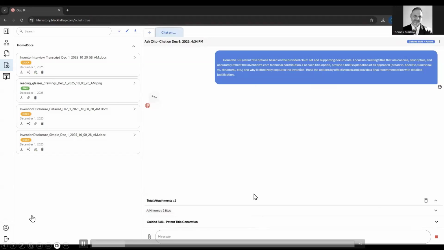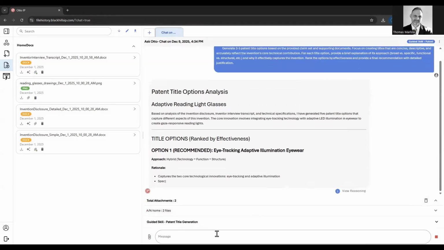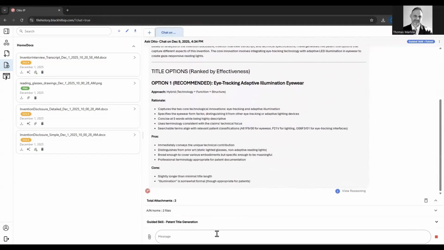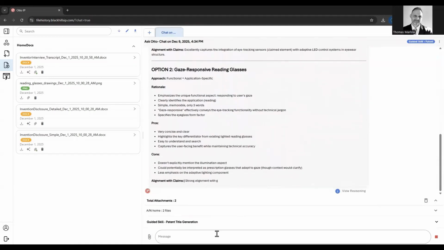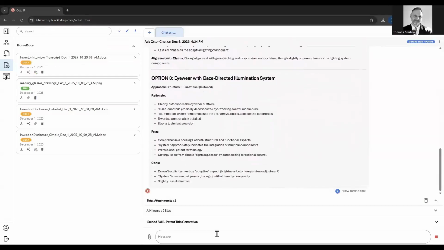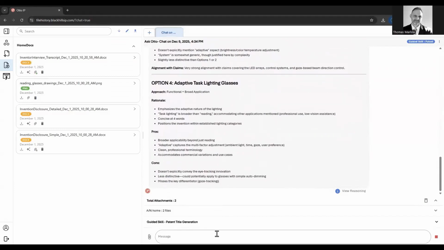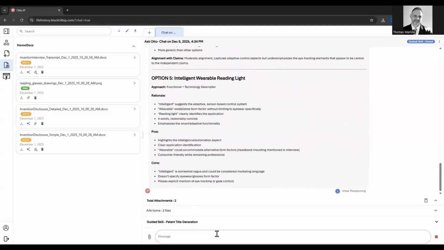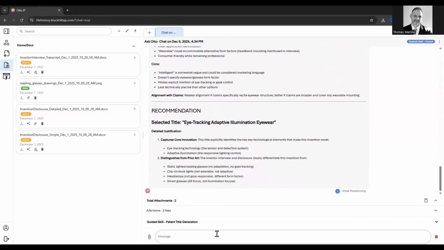Okay, so let's see what we get. The analysis is going to come through here, and we're going to get a few title options. So here's option one. I guess it's a recommended one. We get a second option that's a little bit shorter, a third option, and we can see why it's choosing to give us these options. It's giving us pros and cons of each one. So you can take a look and make a decision which one you want to go with,